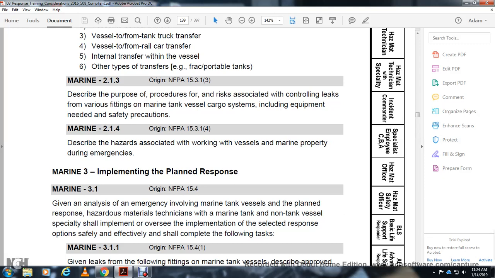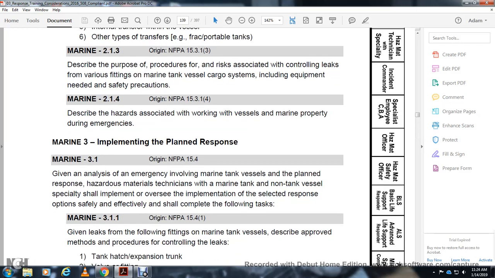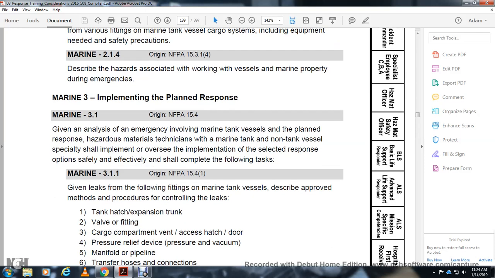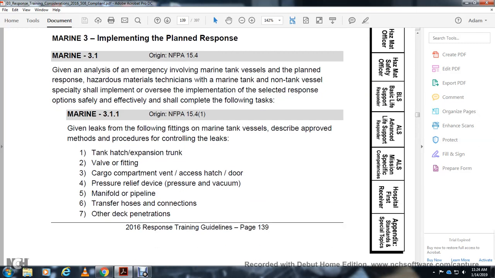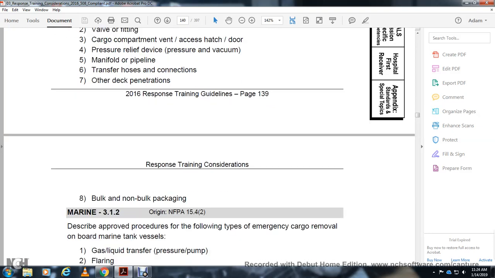Give the name of the emergency involved with the marine tank, the plan with the response of the hazardous material technician, marine tank, non-tank and tank vessel, who shall specially implement, oversee the implementation of, and select response options safely and effectively, and shall complete the following tasks. Given a leak of the following fittings on the marine tank vessel, describe the approved methods of controlling the leak: tank hatch, explosion trunk, valve fitting, cargo tank vent, access hatch door, pressure relief device, pressure vacuum, manifold or pipe, transfer connection, other deck penetrations, bulk and non-bulk